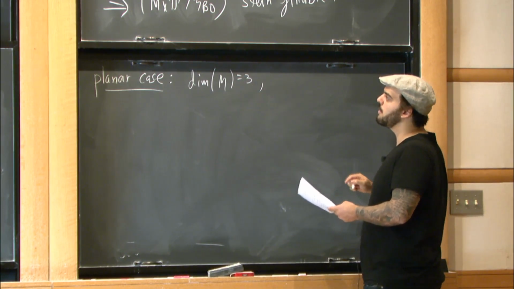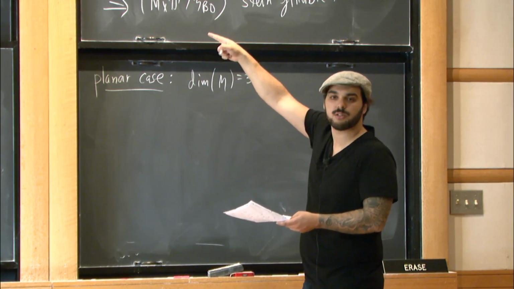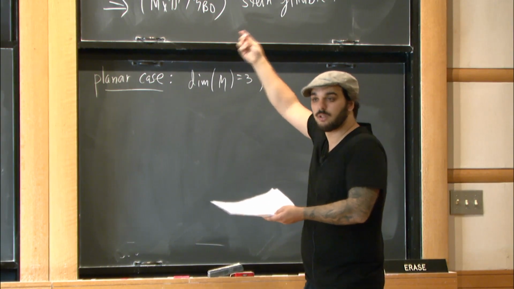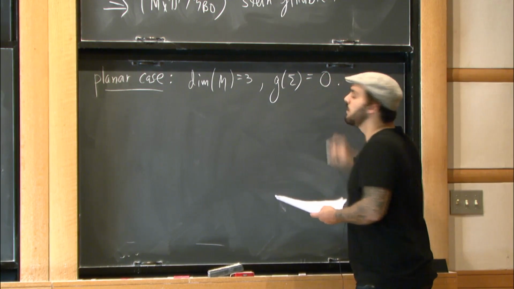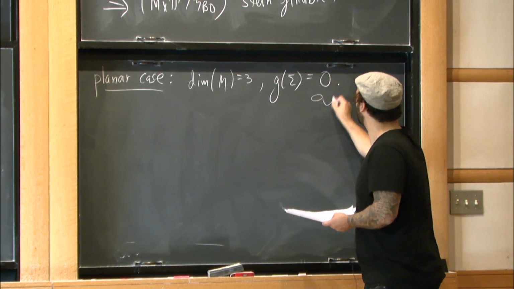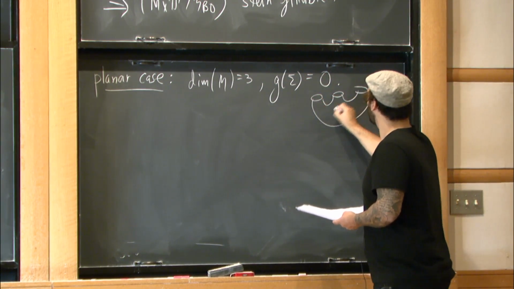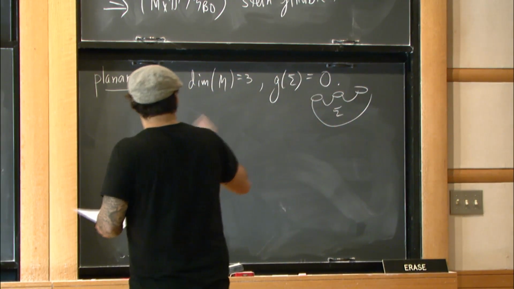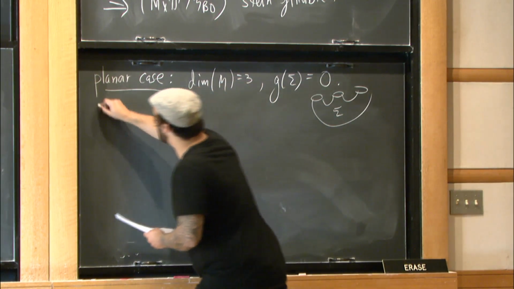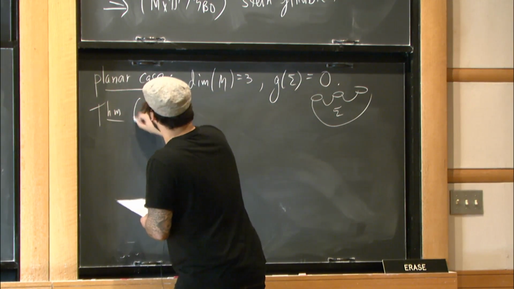And now sigma is a two-dimensional surface, and I just ask that the genus of that guy is 0. So sigma is just some sphere without a bunch of disks. Okay. So this is the planar case, and in this case, there's the following theorem by Wendl,